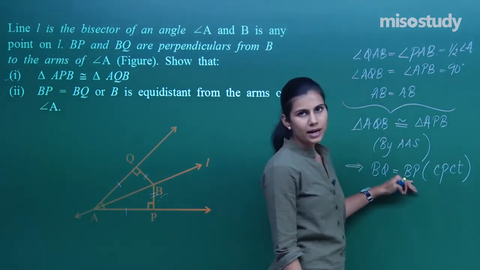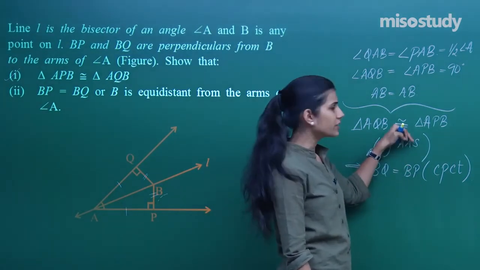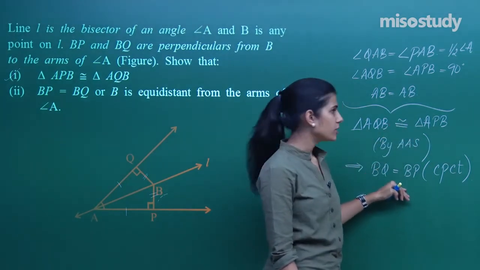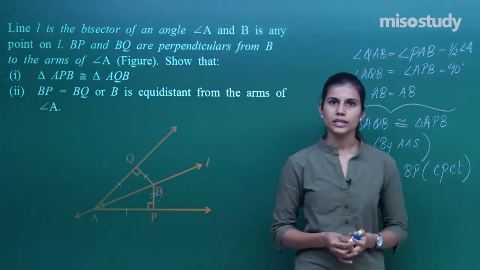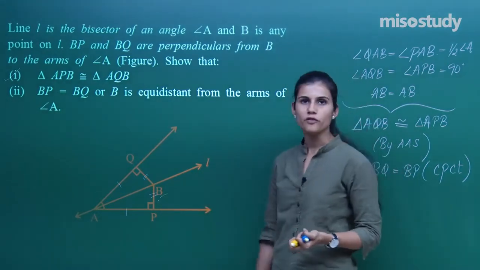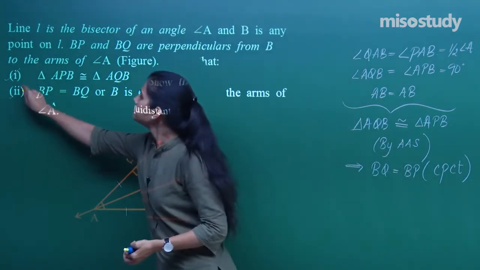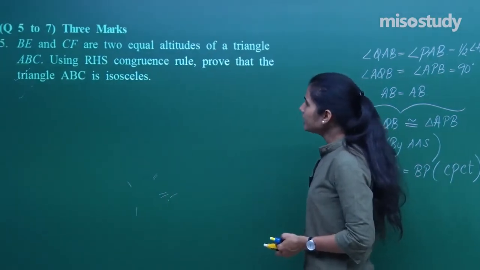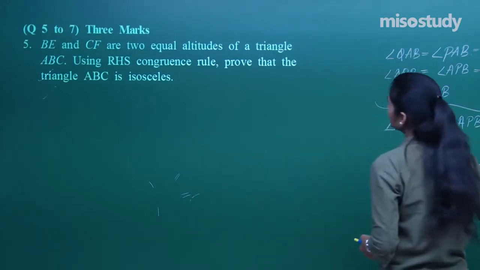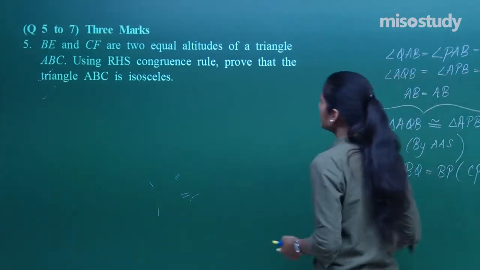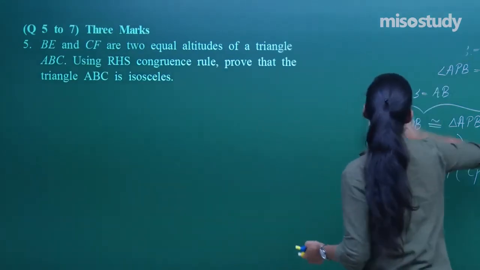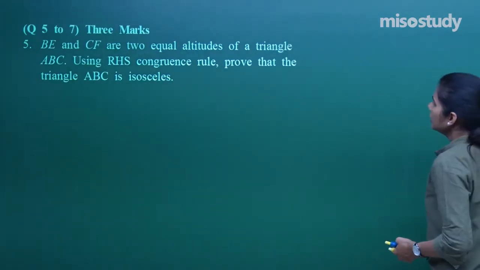This is the second part, which is proved as a result of proving the first part, that these two triangles are congruent, because these are nothing but corresponding parts of these two congruent triangles only. So we are done with the proof of both the parts. Clear? Next I have: BE and CF are two equal altitudes of a triangle ABC. Using the RHS congruence rule,